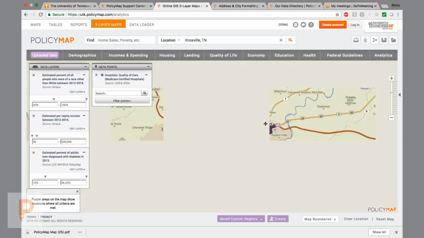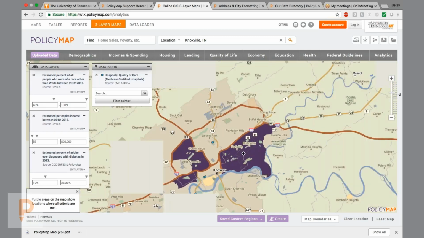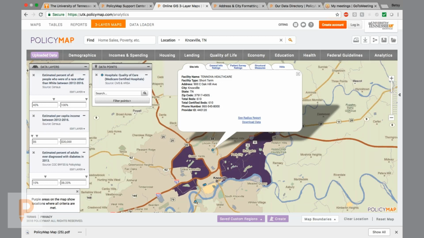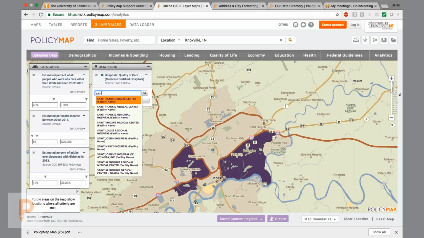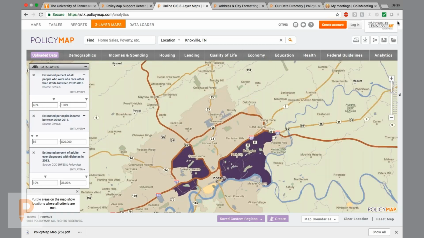And again, you can click on any one of those data points, get the data, or if you knew the name of the actual hospital that you're looking for, you could just go ahead and type it in and pull it up quickly and easily. So let me peek and see whether or not I have any questions. No, I do not, but let me move into a few other things as long as we're looking at this